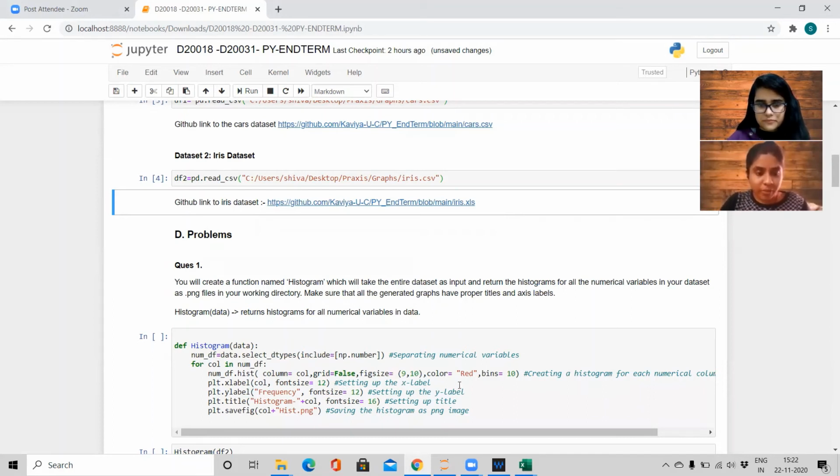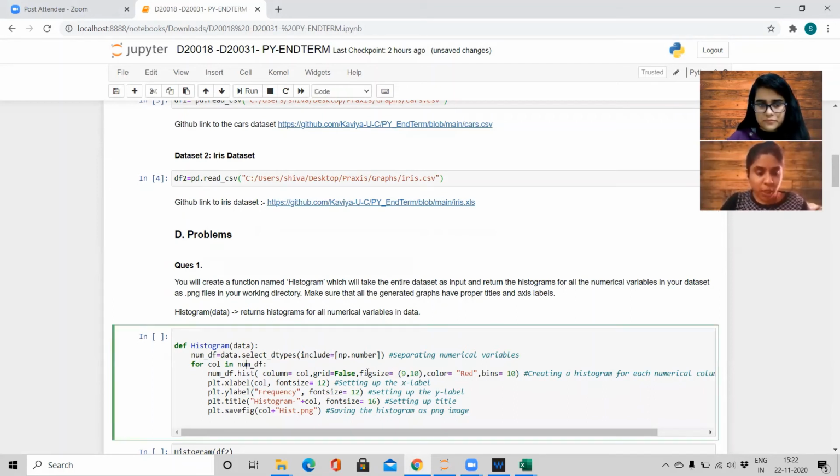So here we have created a function for a histogram where we are passing the entire data frame as an argument. From this data frame, we are separating all the numerical variables using this line, which is data.select_dtypes, include only the numbers.